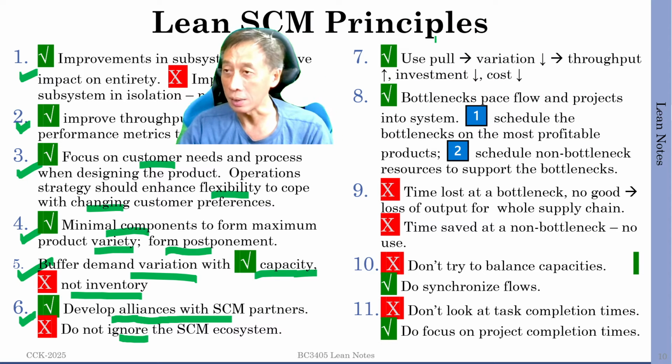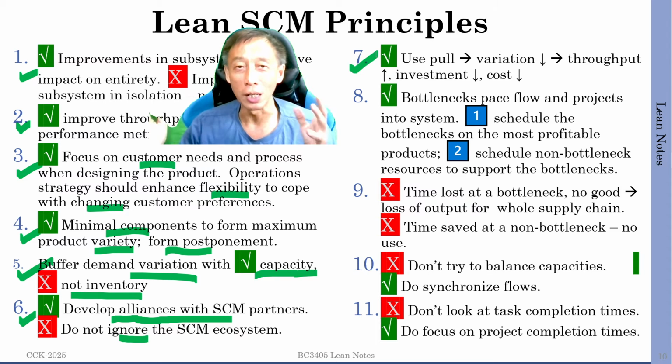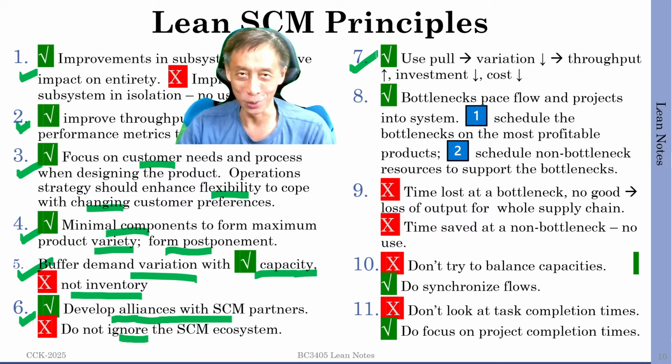Next, we have point 7. Use pull, right? That's of course a very central theme. Pull is better than push. Let me say again. Pull systems such as Kanban in inventory management are always better than push systems, such as the so-called classical way of performing inventory management, like continuous review, periodic review. That is, of course, discussed in detail in the inventory videos. So just remember, pull is better than push. Number 8,